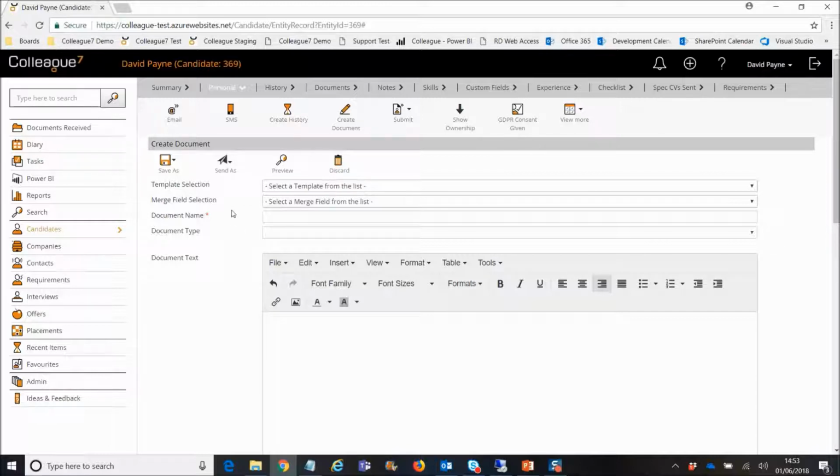But the key update here really is that from the save as option, you used to only be able to save it as PDF, but now we've got this Word document option as well. There's also a send option, so if you wanted to go from this workflow straight into creating an email, and you're then planning to send this document as an attachment on that email, you can do it through